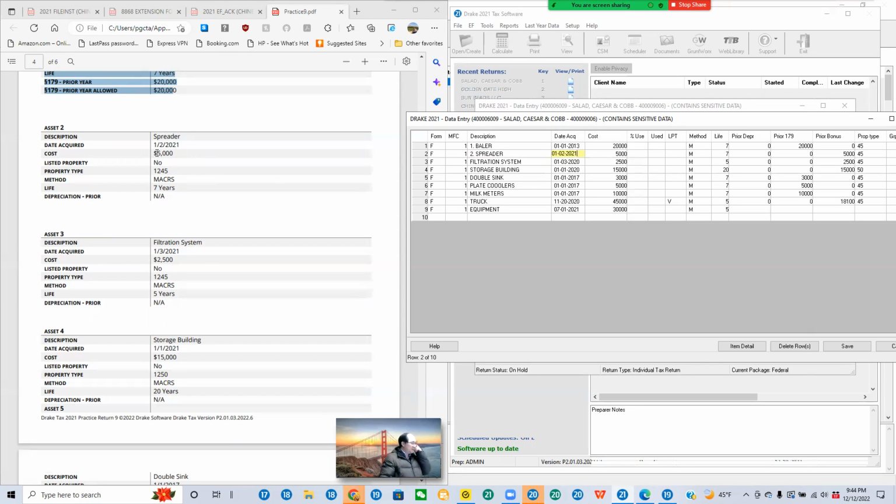Okay, so in here it's a new asset. It's 5,000. So now, this 5,000, you just put it in as the first, there's no prior depreciation. So now, the third asset is put in 2021. It's also a new asset. I am doing the 2021 tax return. So right now, there's no prior depreciation. So, and then